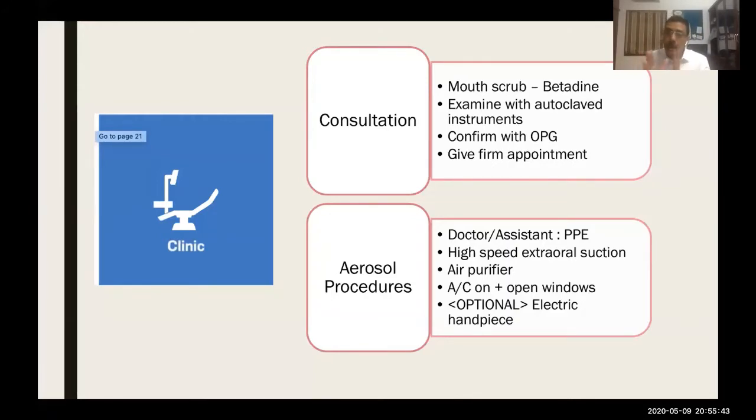Okay, so to help us in the speed of the work, I have put as an optional the electric handpiece, where you will have 2 lakh RPM as the speed, so you can really do the work very, very fast, and it does not use the compressor. It is running on a micro motor itself. So the air running into your lines, into your room, the chance of leakage from the tubes itself is very, very less. Okay, so this is about the procedures what I thought about.